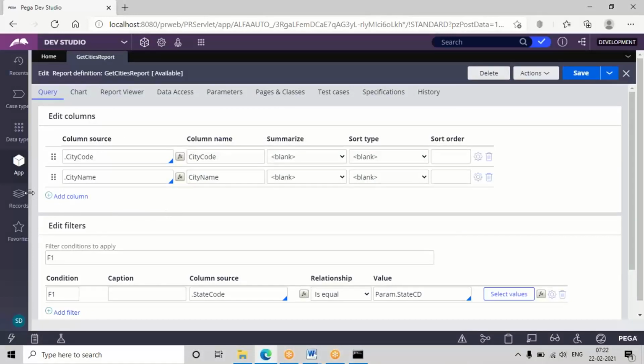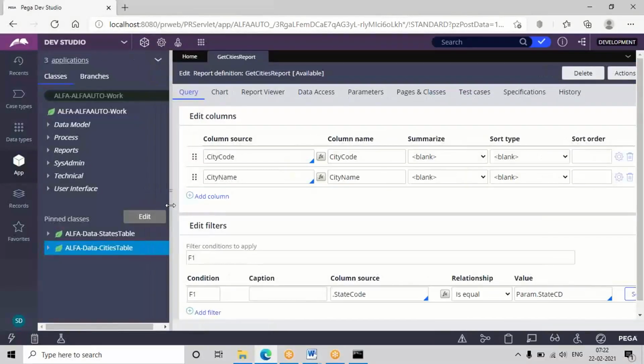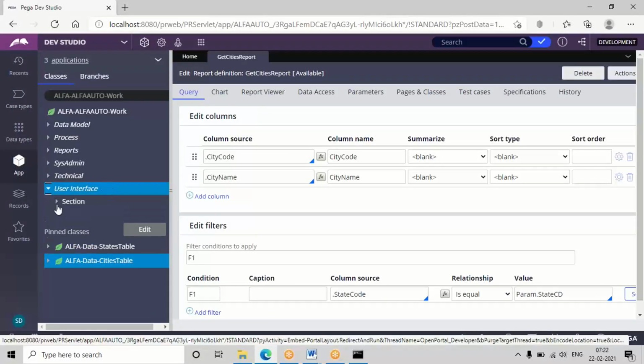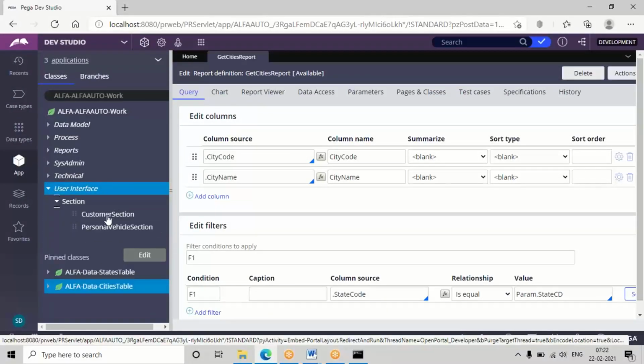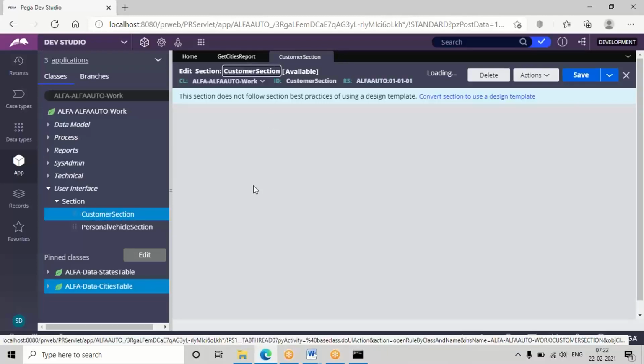So after verifying this report, defining and executing this, open your customer design. Inside the customer design now, open city property settings.